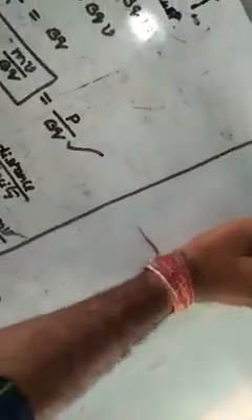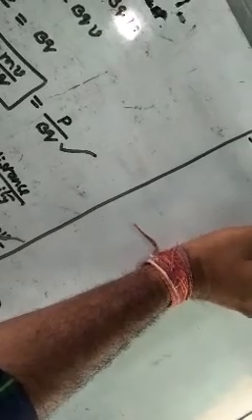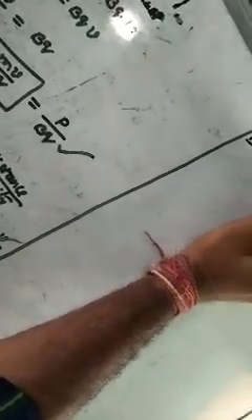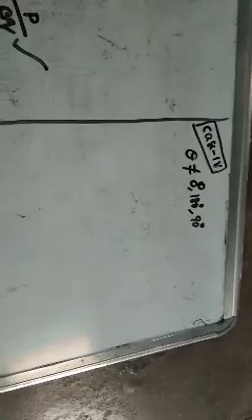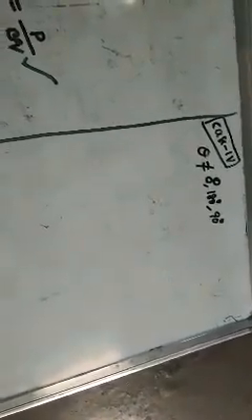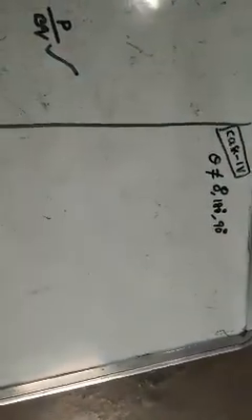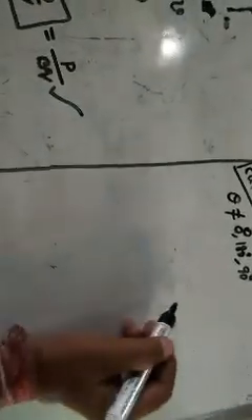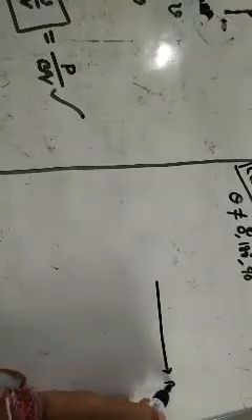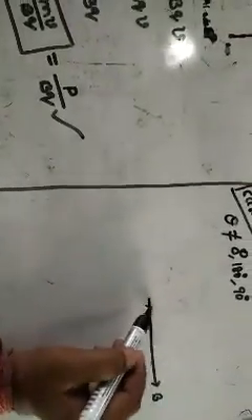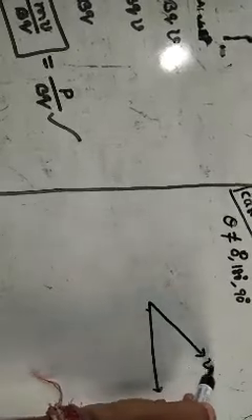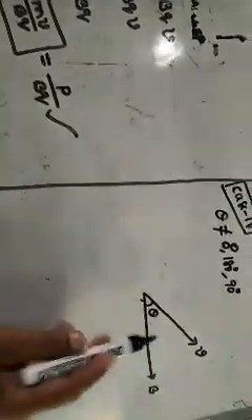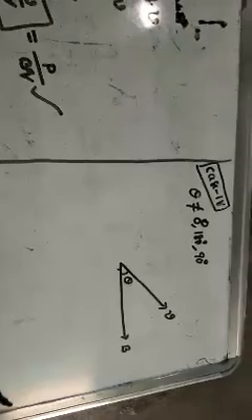Other than these three angles, if theta is not equal to 0 degrees, 180 degrees or 90 degrees, then what is the motion of the charged particle? This is the interesting point everyone has to understand. Suppose there is a magnetic field like this. A charged particle is moving with velocity v, making an angle theta like this. I told you theta is not one of these three angles, but some other angle.